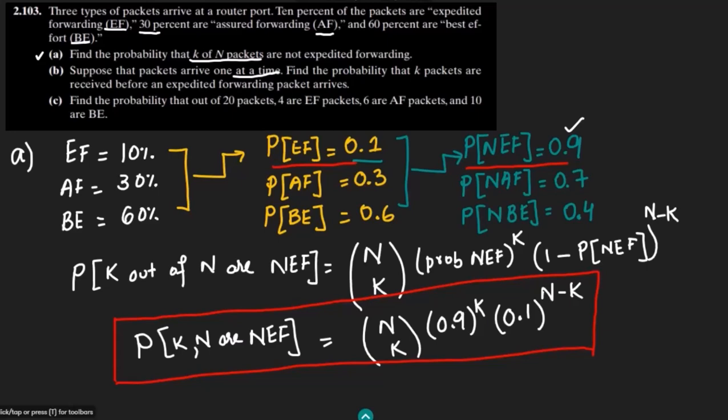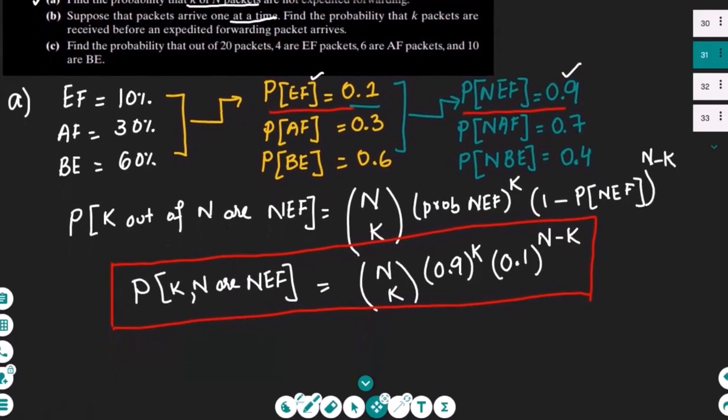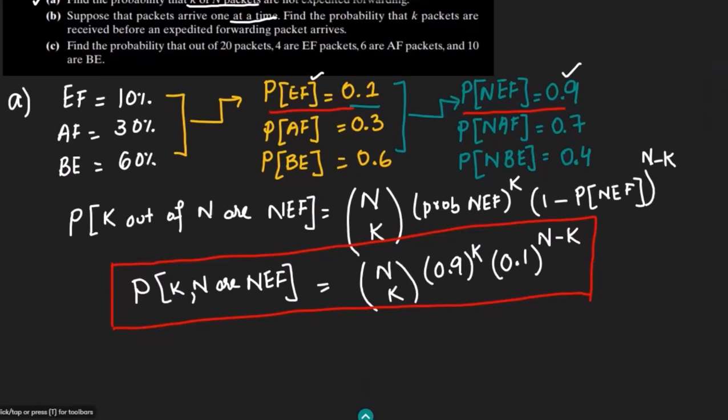Okay, so before the arrival of the expedited forwarding, we have received how many packets? K packets are received, and after these K packets, we have received this expedited forwarding. We also have the probability of the expedited forwarding here as well, and no expedited forwarding here as well. So let me solve it, and for it let me move down somehow. Okay, so part B here, the probability of k packets